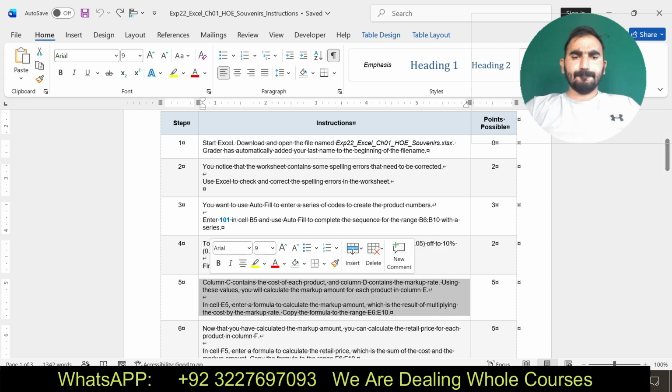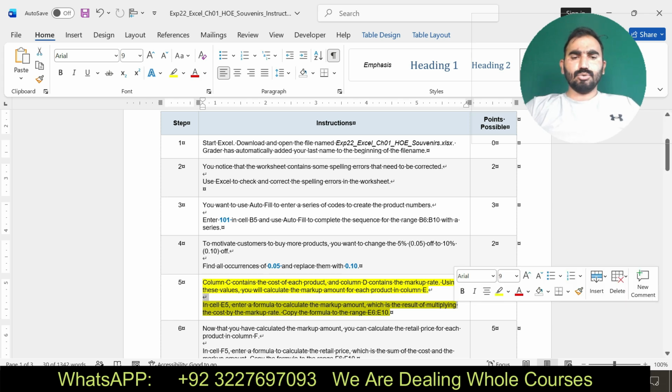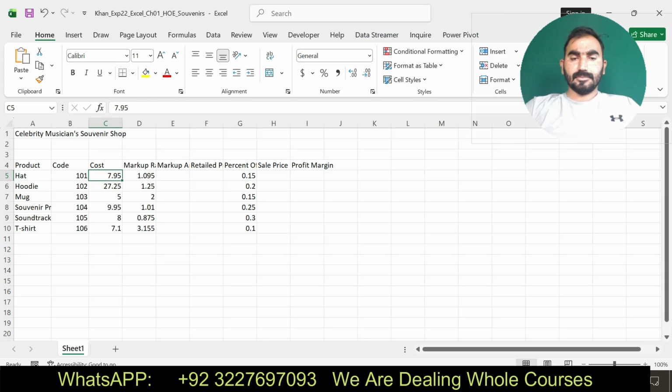Step number 5. It says in cell E5 enter a formula to calculate the markup amount, which is the result of multiplying the cost by the markup rate. Copy the formula to the range E6 to E10. Now I am going to do step number 5.